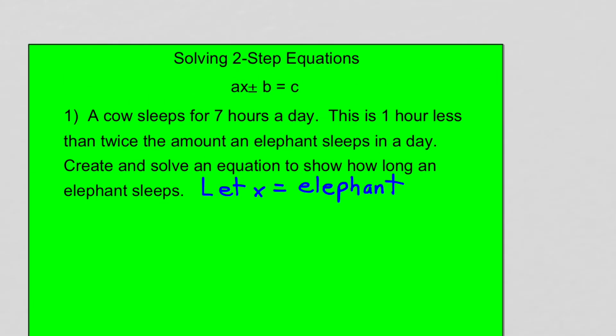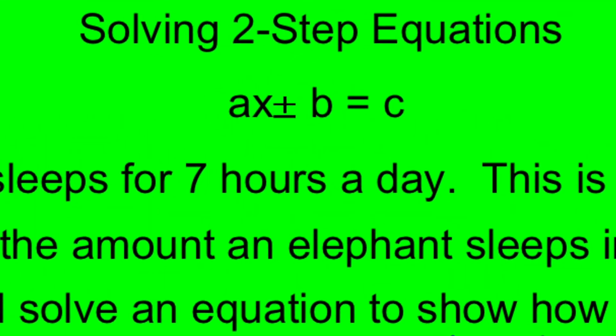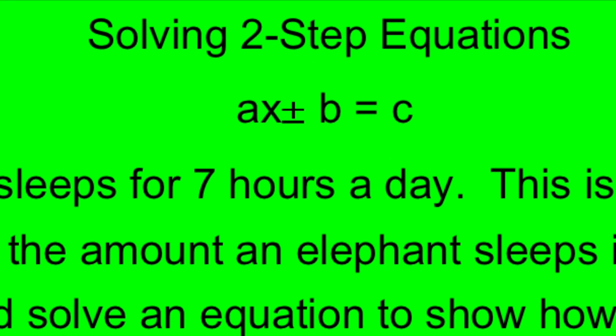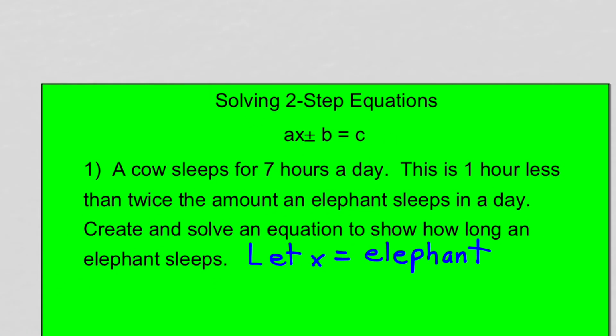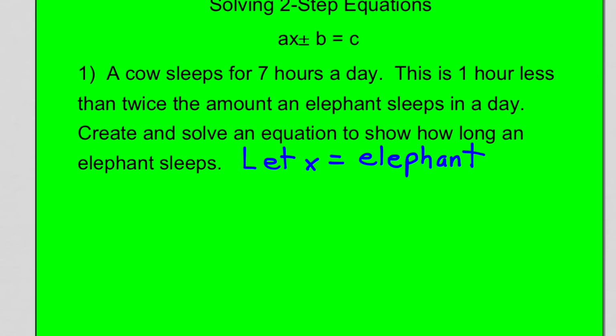And we're going to try to write an equation that looks like this: some number multiplied by x plus or minus another number equals another number. So it says a cow sleeps 7 hours a day. Let's write down a 7. Very often in algebra, the word "is" can represent an equal sign. So equals